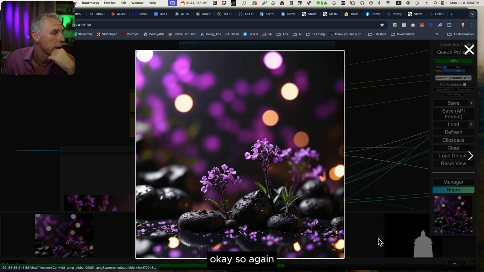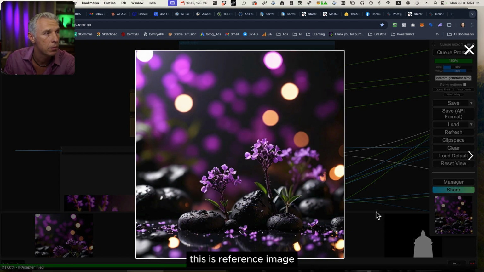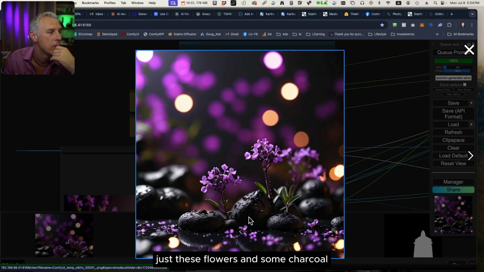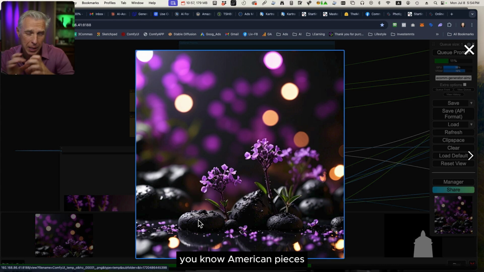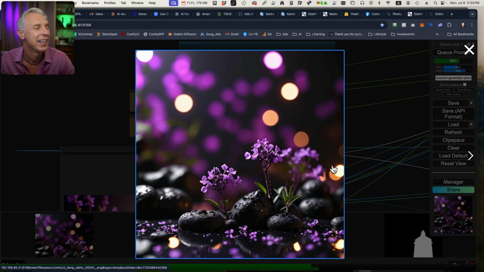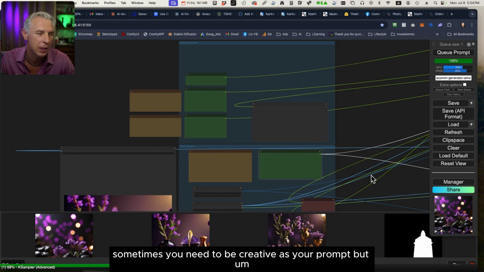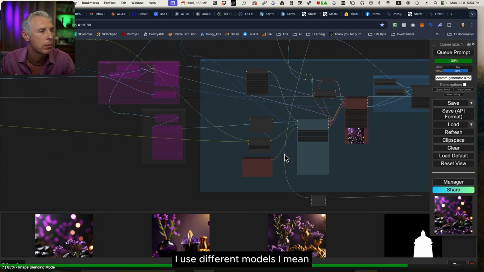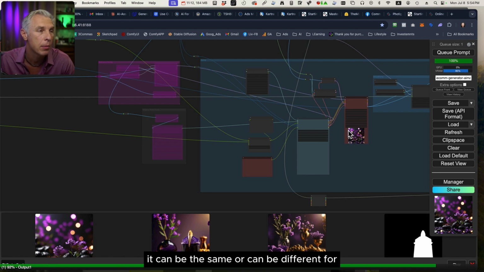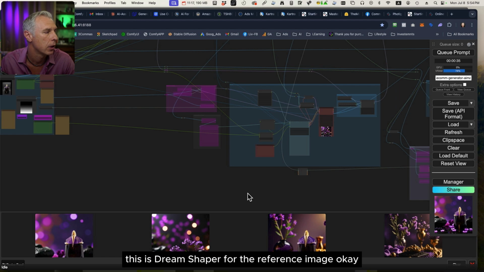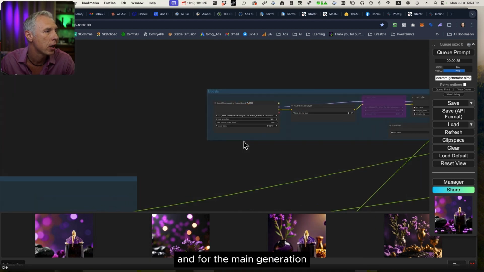Okay, so again, this is the reference image. You see lots of bouquet now, and no gold balls, just these flowers and some charcoal. The only thing is that this charcoal is barbecue, American pieces, but not the actual nice pieces. Sometimes you need to be creative with your prompt, but let's keep it simple. And I use different models. I mean, it can be the same or it can be different. This is Dream Shaper for the reference image, okay? And for the main generation, I use